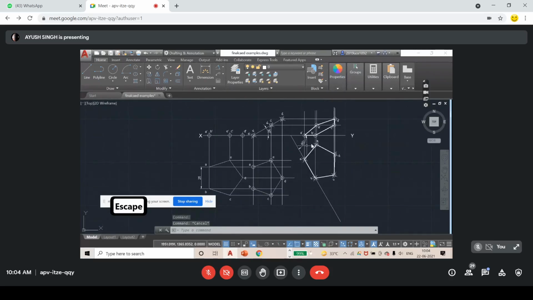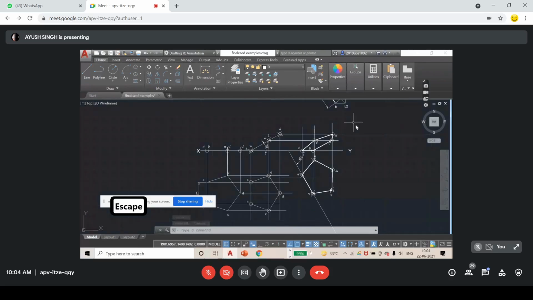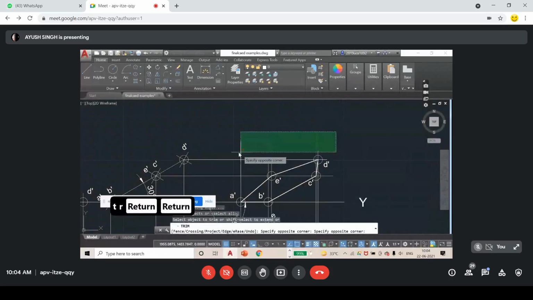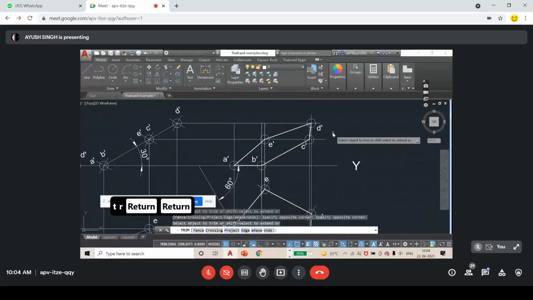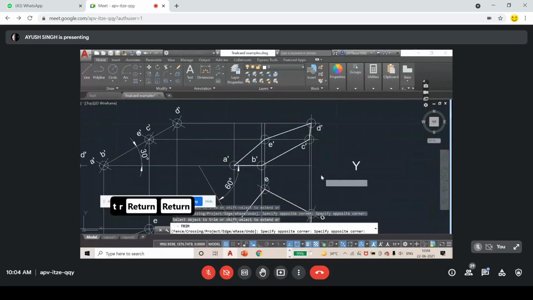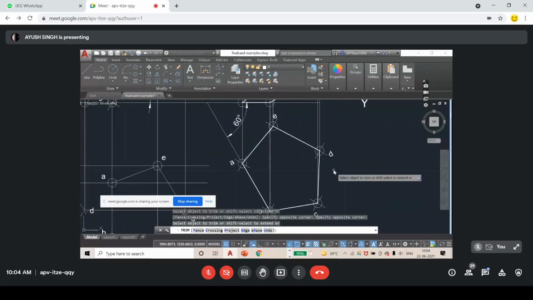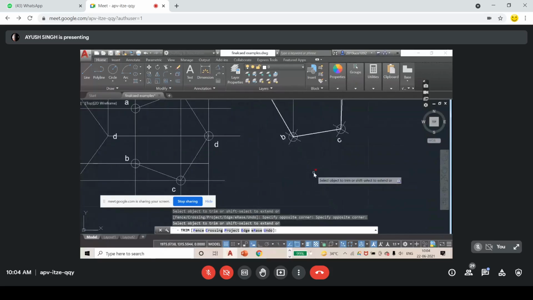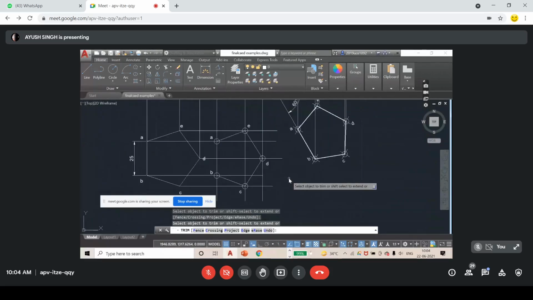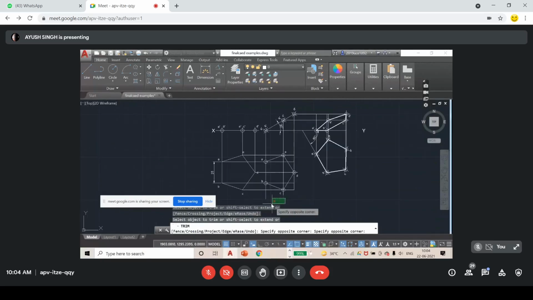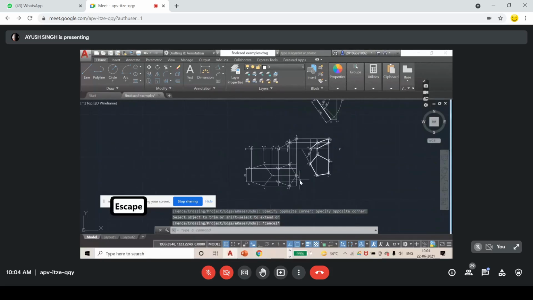Now I am going to clean my screen. Okay, this is looking very weird. Okay, so I am going to clean it. PR, enter. You know why I press two enters? To do it quickly. I am doing the right selection here. I want to trim this. Oh, it is point. I want to trim this. I want to trim these lines. I want to trim this, these, these. Okay, these are trimmed.